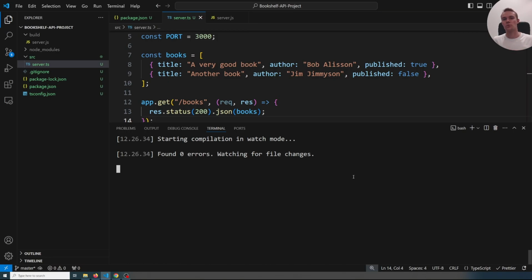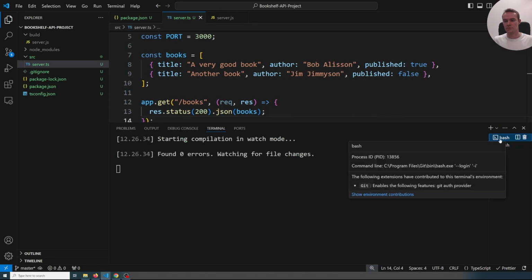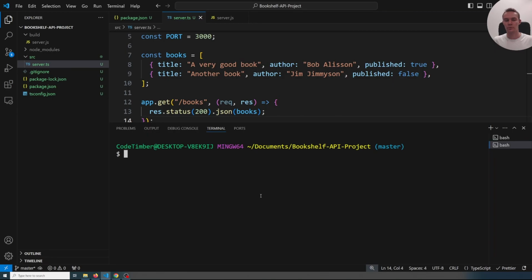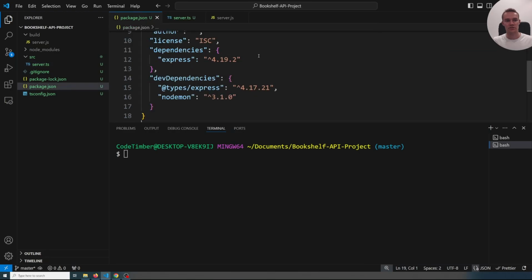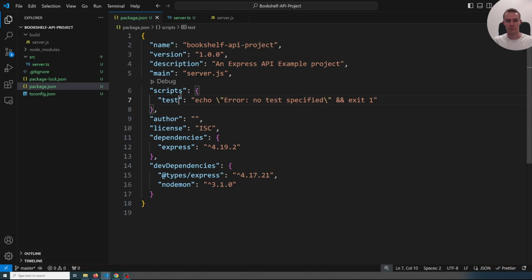But we also want to restart the JavaScript server. So let's create one more terminal. I have opened up 2 terminals. The first one will be the TypeScript in watch mode, and the second one will be Nodemon. And Nodemon will look at the JavaScript files and restart the server every time there's a change to the JavaScript files. So if we open up our package.json file, in here you can see we have some scripts,